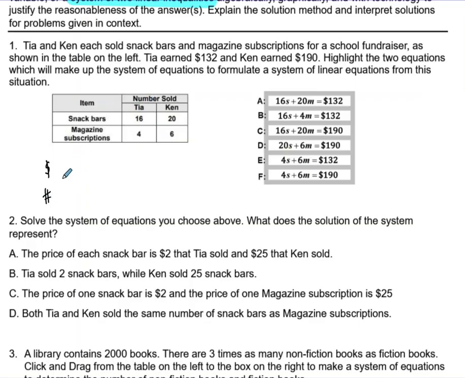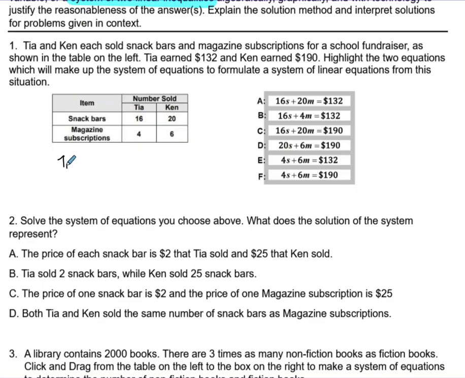So it looks like Tia sold 16 of the snack bars, where Ken sold 20 of the snack bars. But I don't see S and S. They're kind of putting them together. So let me backtrack here. Maybe they're not splitting them up by the amount of money because they all have the money parts in it. Maybe they're looking at what Tia did and then what Ken did. So let's go back to,